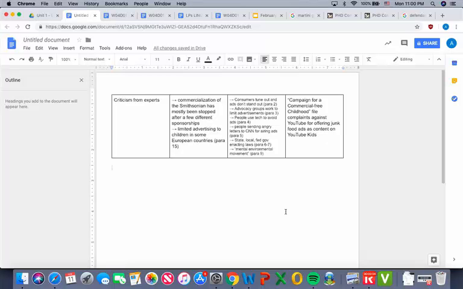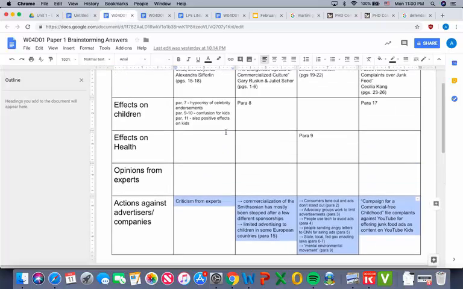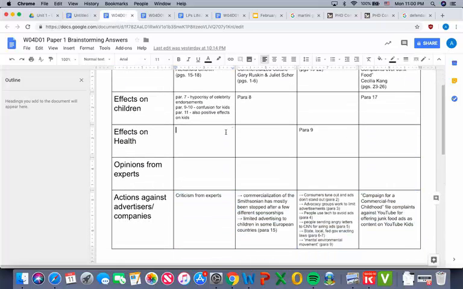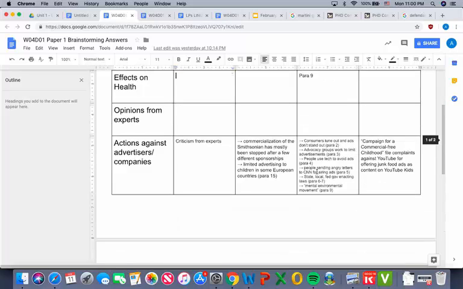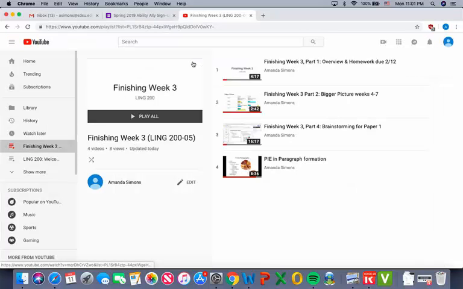So if you watched the previous video, you'll see that I finished this table, or not finished the table, but filled out some of the rows in this table. And I'm going to use these ideas, these actions against advertisers and companies, to make a body paragraph. If you have been able to watch the video I made about paragraph formation, I do recommend watching